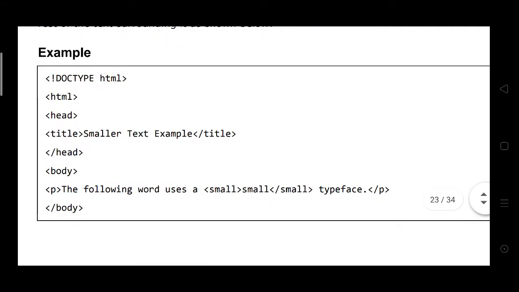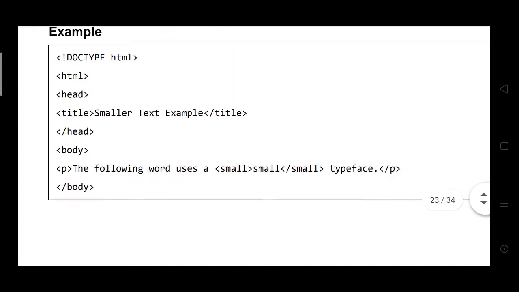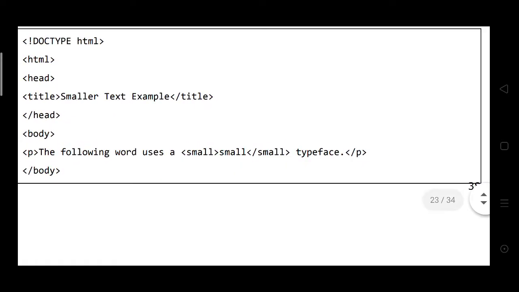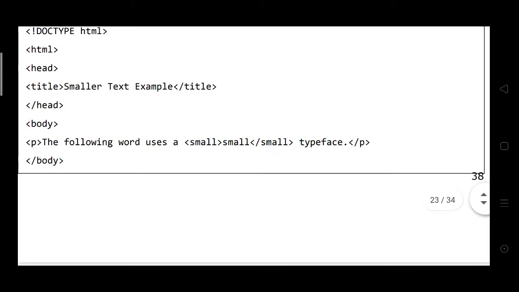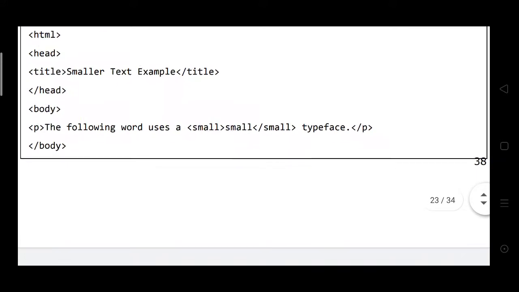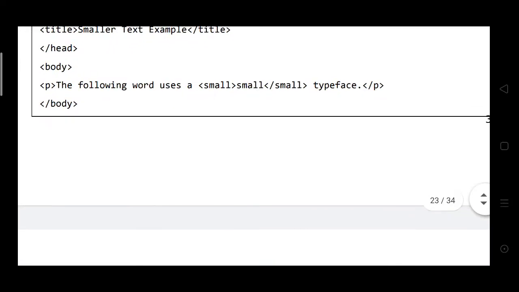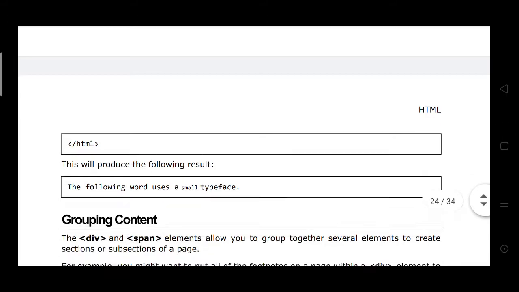For the example: doctype HTML, head, smaller text example, head. In this body, the following word uses a small tag, and the closing tag is small. This is also a font face or typeface. Paragraph close, then body close and HTML close.